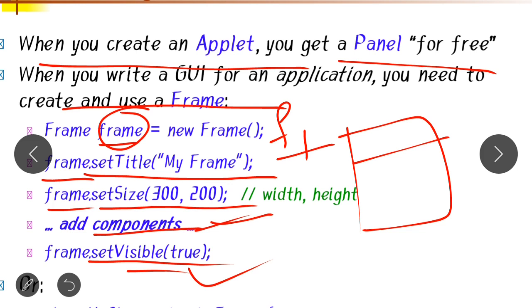Understood? So this is how to create a frame. And here the first argument indicates the width of the frame and the second argument indicates the height of the frame, and these values are always in pixel format. Okay,